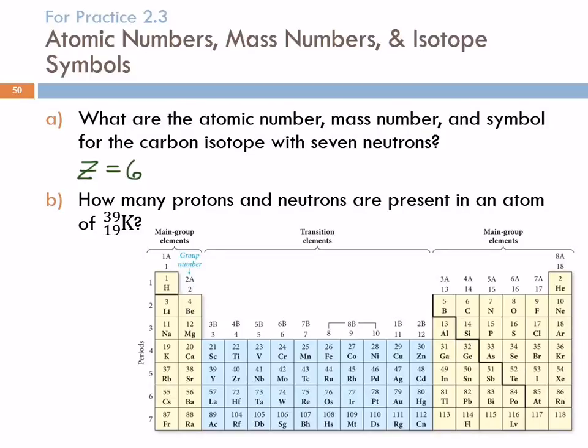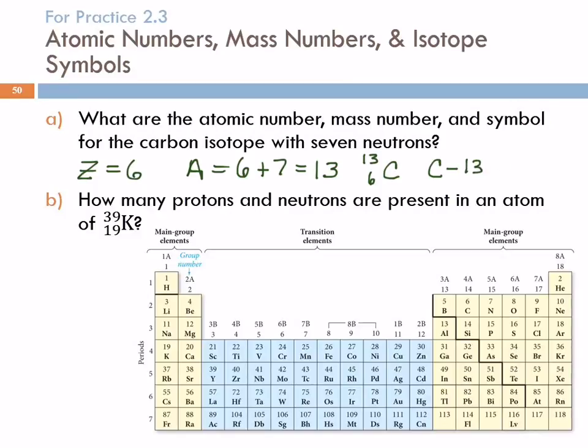What's the mass number for this isotope? The mass number is the protons plus the neutrons. So the mass number is A, and that's going to be the number of protons, which is 6, plus the number of neutrons, and they told us there's 7 neutrons. So that's 13. Okay with that? And then to make the symbol, we would put the element symbol, C, and we're going to put the mass number up here and the atomic number down there. That's one type of symbol. We could also call it